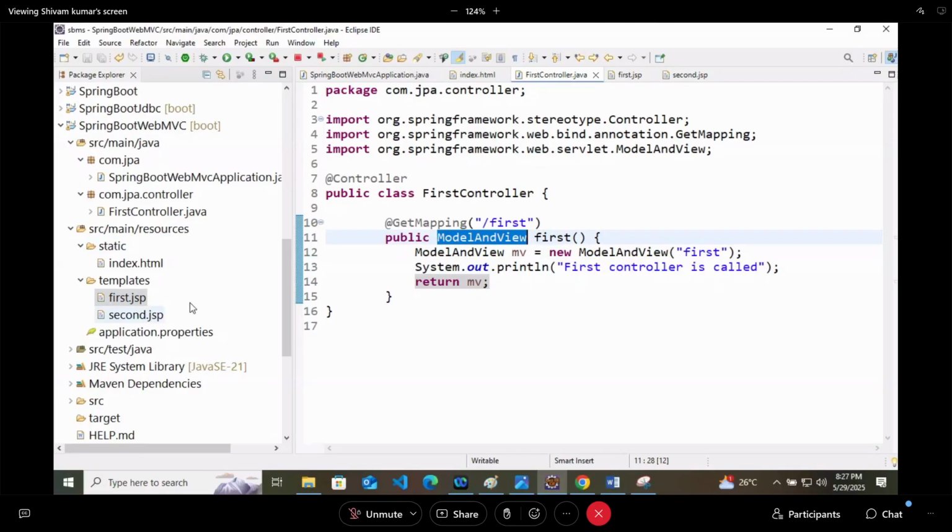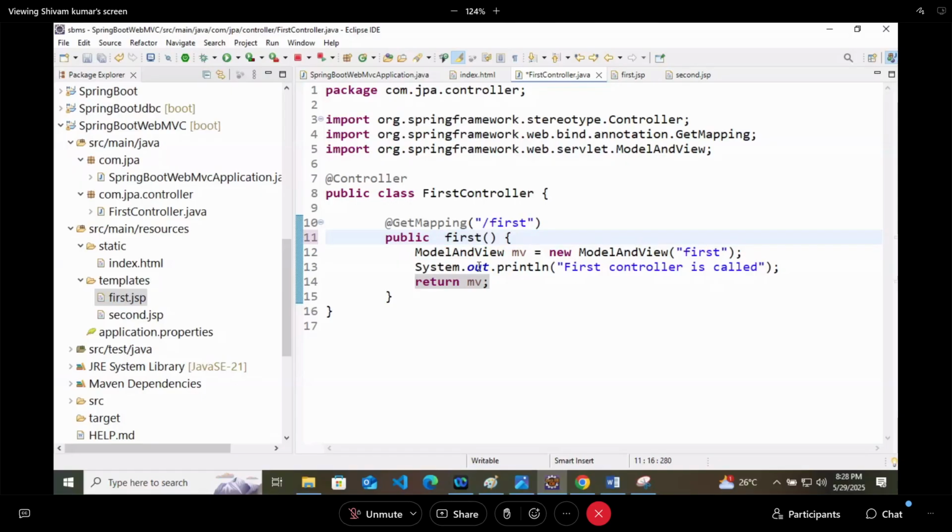What changes will we make? Here I will remove ModelAndView. And I will make the return type of this method String: public String first. There is no model, nothing like that.